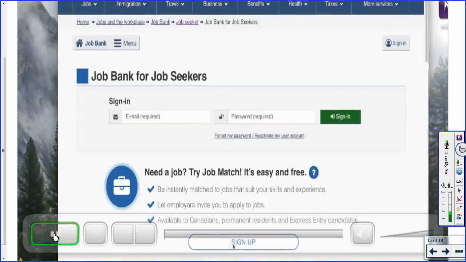So if I choose sign up. Okay, so why did I say that you use the same account? Basically, you go into Job Match, you sign up, you go through all the steps. And then when you're all done, you'll have an account. And then when you go back and click on the job alerts option, if you're signed in already, it will bring you there automatically because you're already signed in. So you have one account with one username and one password that gets you access to both your job match and your job alerts.